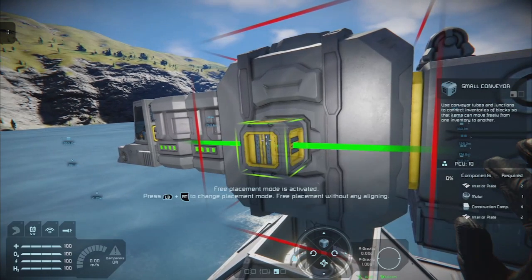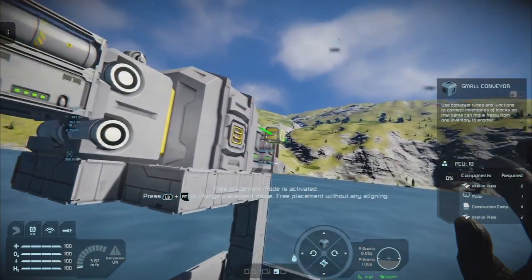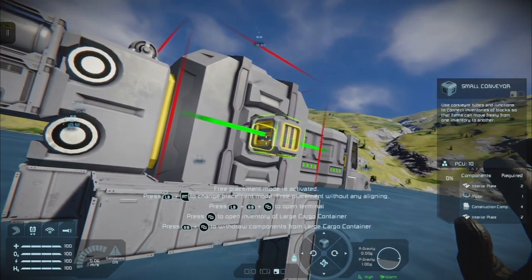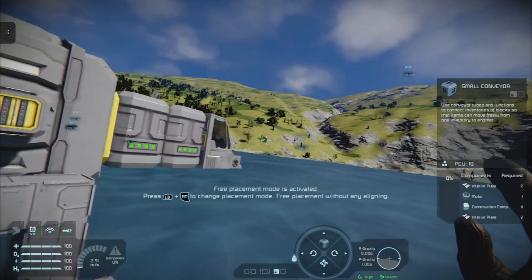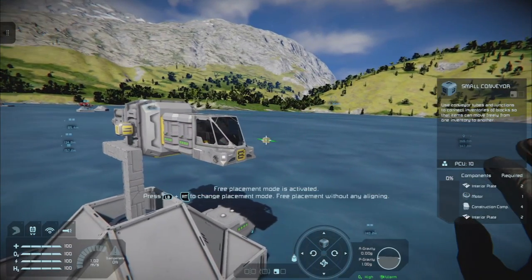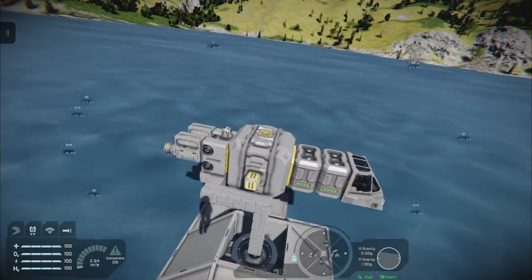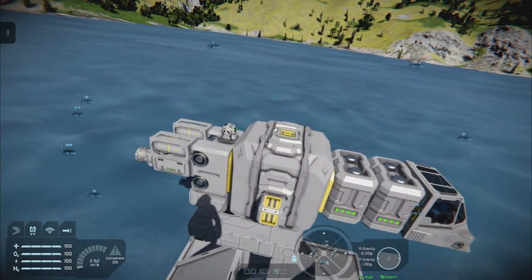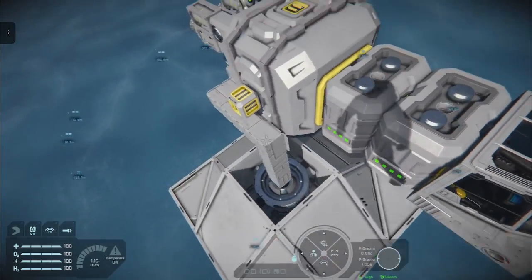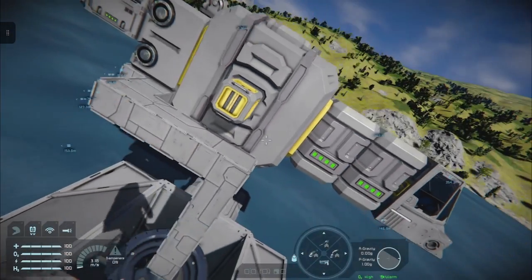So, a small conveyor on that direction, and one here is going to give us all the points we need to attach thrusters to.